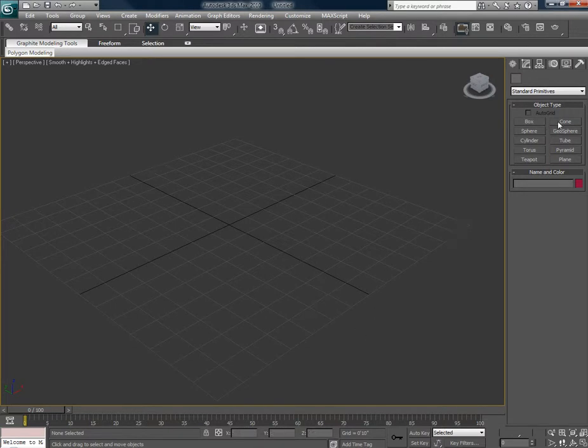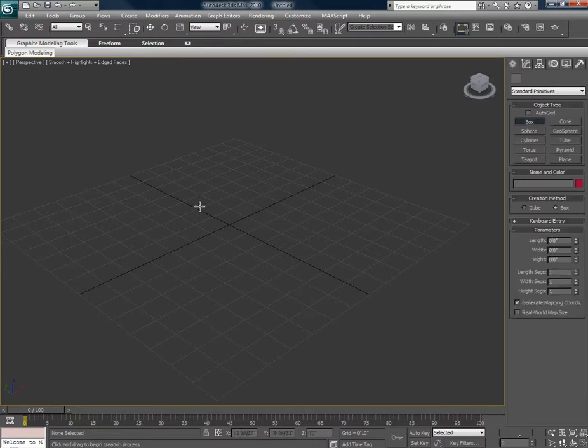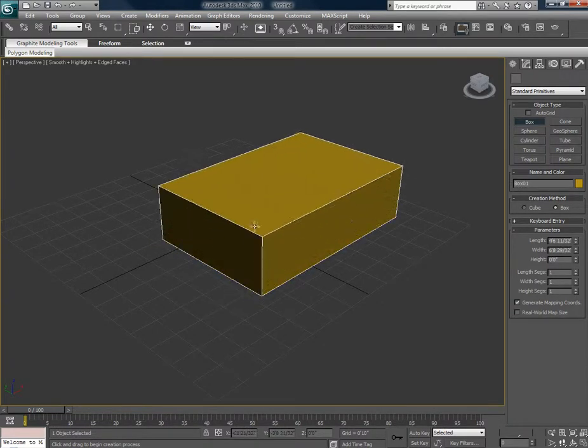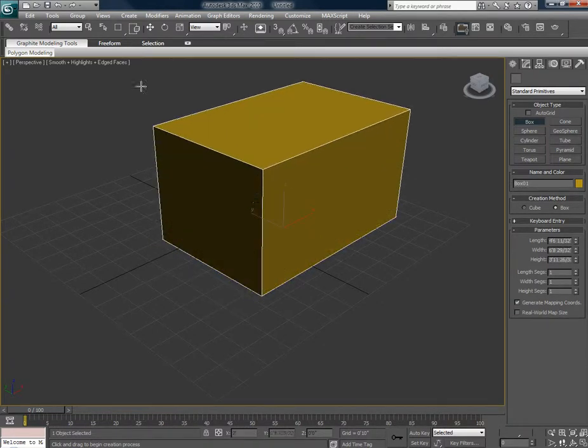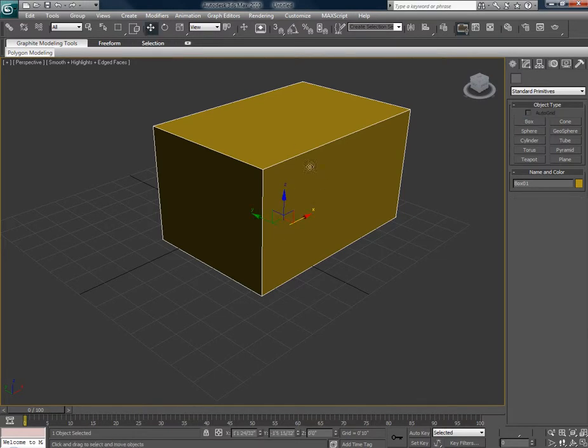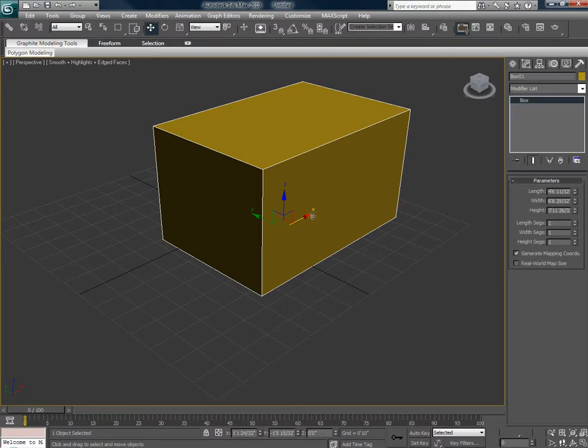So to make a primitive, or your standard primitives, make sure you go into your Create tab. I'm going to select box, create my box. Like so. When you create your box also, you can go into your modifier and change whether you want the